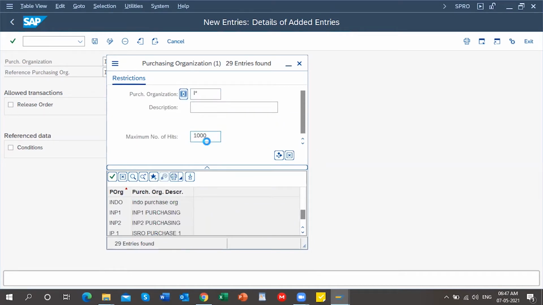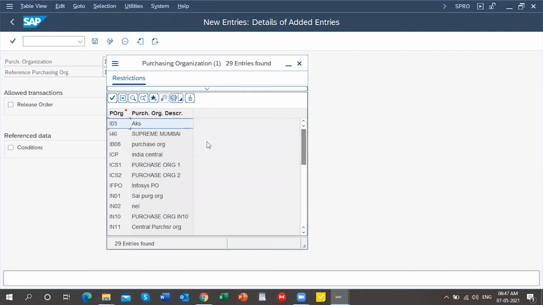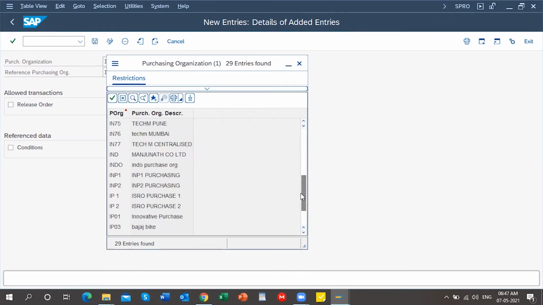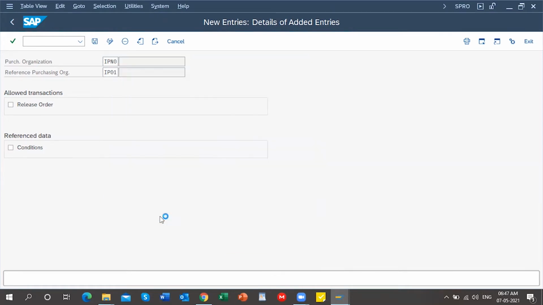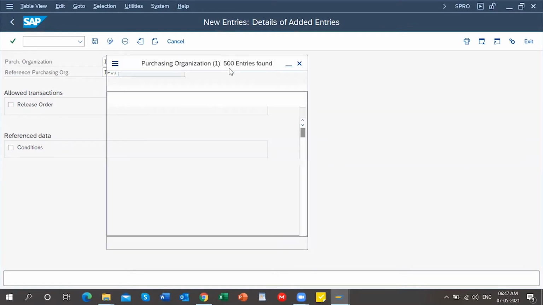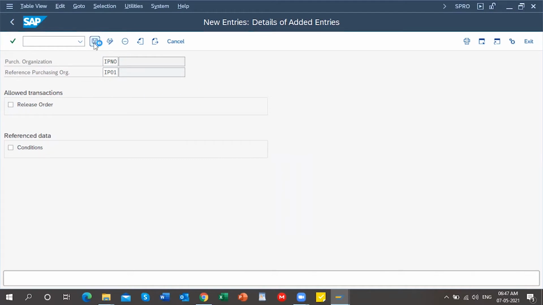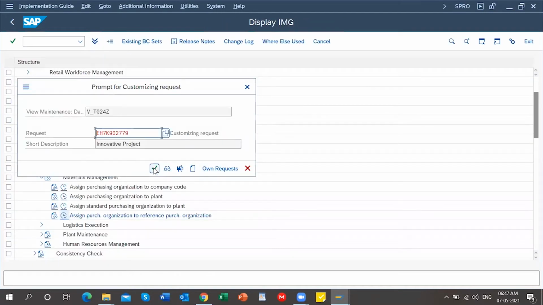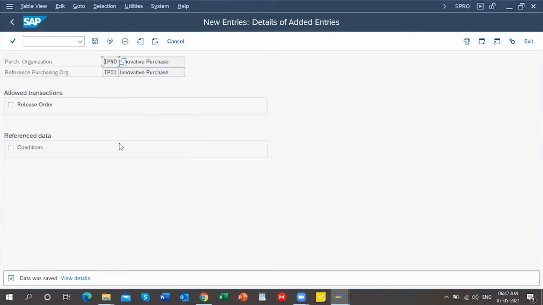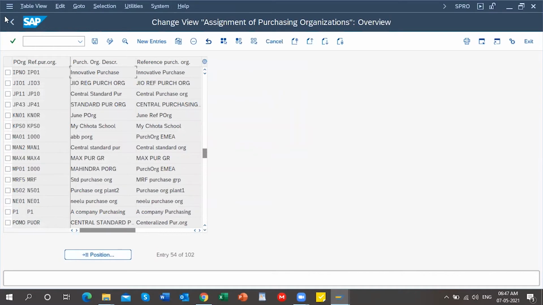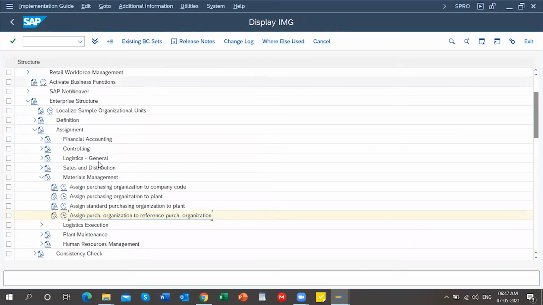Just enter 1000, so you find the maximum details. Okay, this one, right? Just save this. Just go back. Now we are done with the standard purchasing organization and reference purchasing organization.